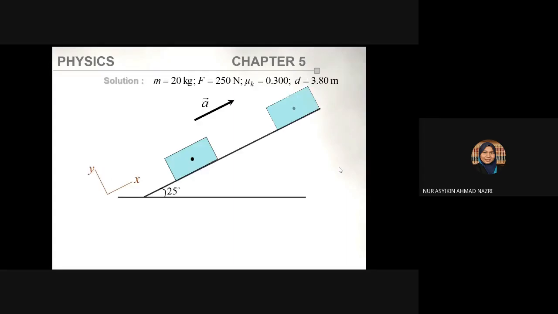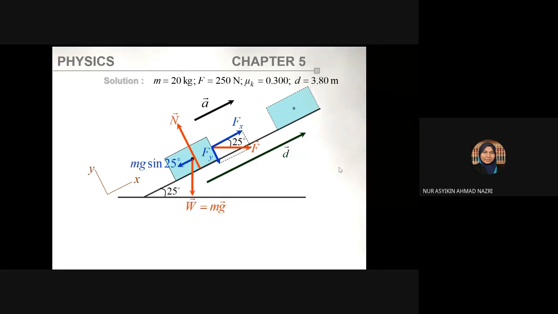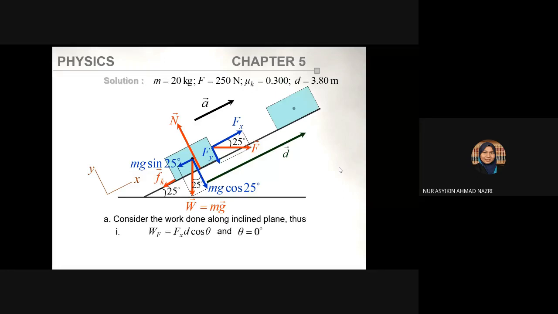So, the question says force F, but which F is parallel to D? That is the question. So only the force parallel to D is considered in our calculation. So, Fx, F cos